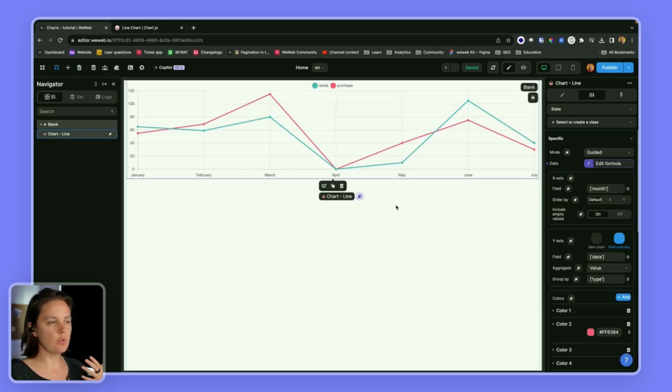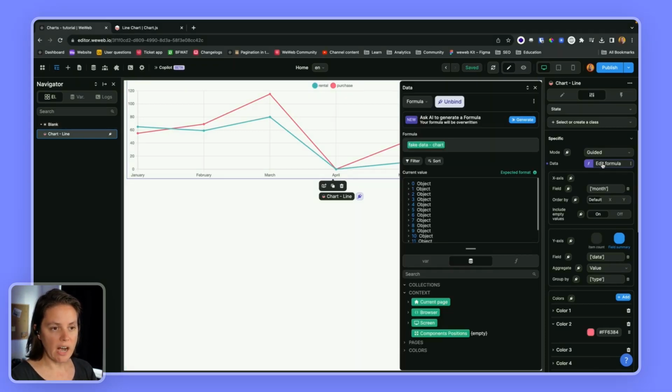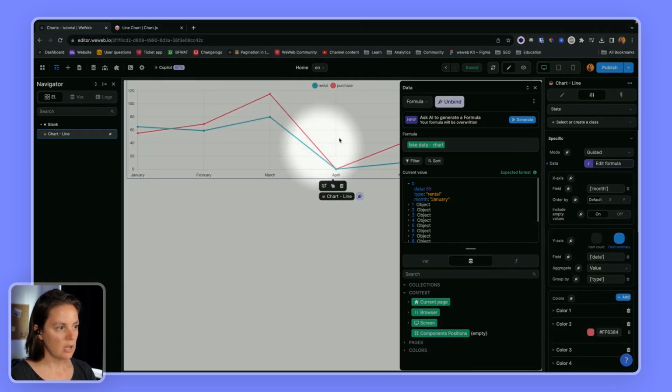Now let's try to design the same chart using the advanced mode and then take it one step further by leveraging the power of the options available in the Charts.js library. The first big difference between the guided mode and the advanced mode is how your data needs to be structured. With the guided mode, we saw that all the data needed to be in an array. So you would have an array of objects where you have all the information that you then want to display on the page. So for example,